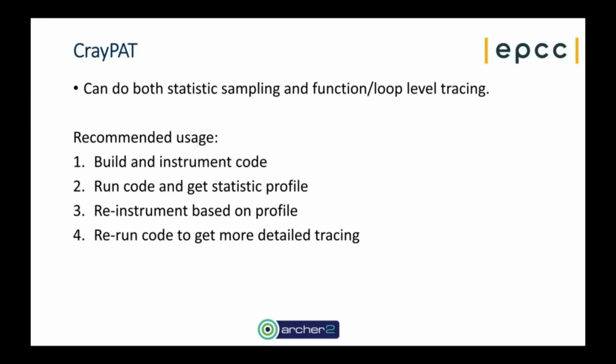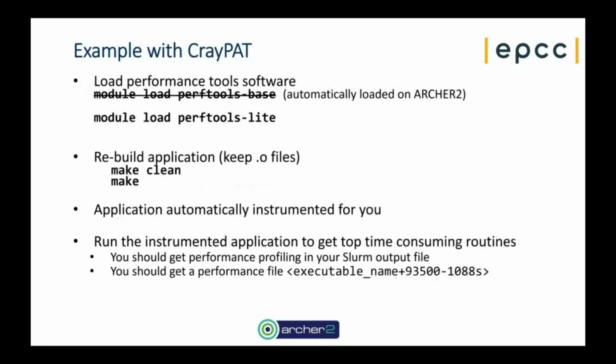You get a basic profile out of that. And then if you're interested in more of the details, you can rerun it in a tracing format for the whole code or for subsections of code to get more detail out of that here. So we use a module to get CrayPat up and running here, and I need to check this hasn't changed actually since I last did this, but I think module load perftools-lite is the way we generally go, and this is the basic sampling profiling,